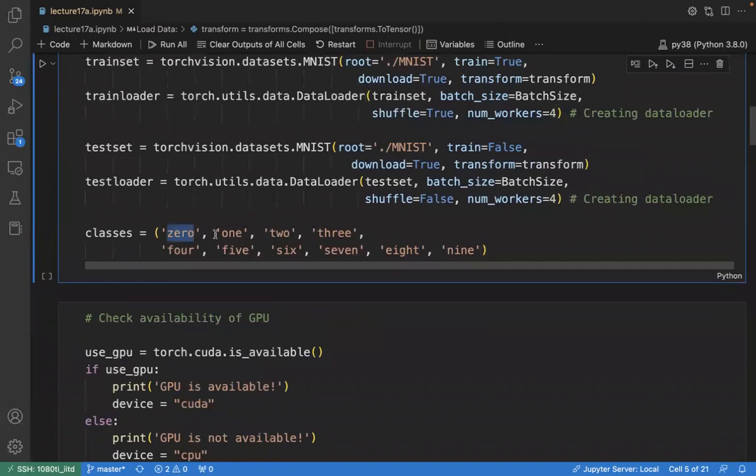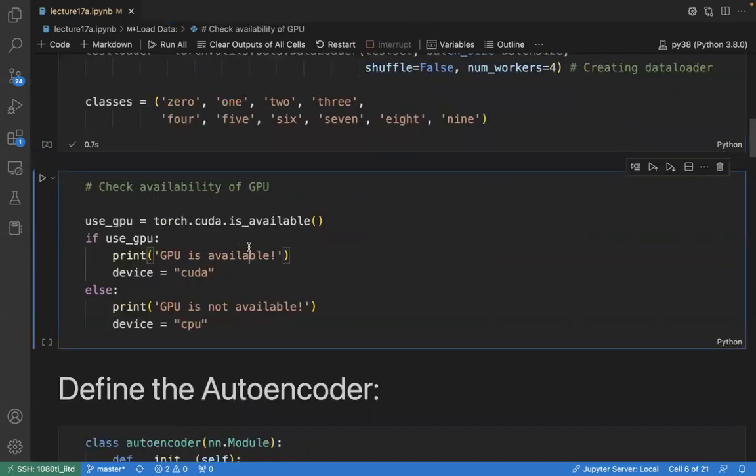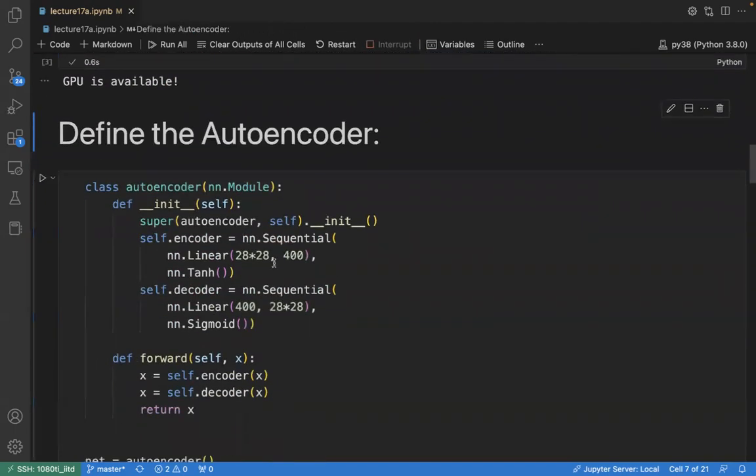And we are defining the classes in letters. So classes were initially in numbers from 0 to 9. We are just defining them as words. So we did that. This block is for checking if the GPU is there or not. We did that. And okay, so this is the